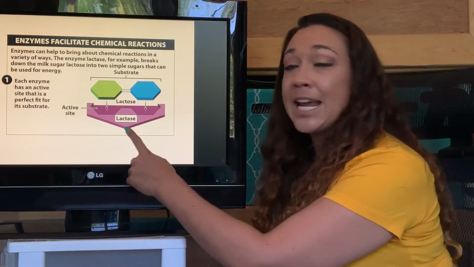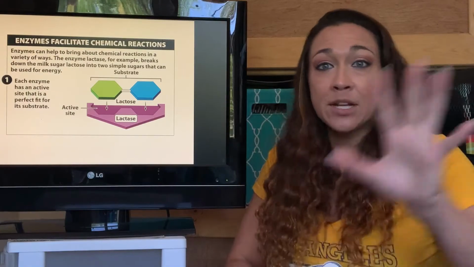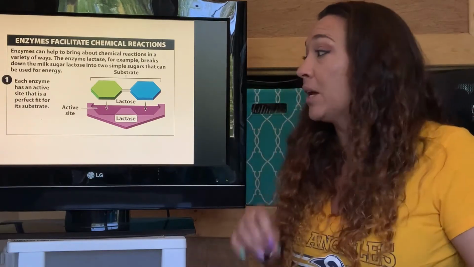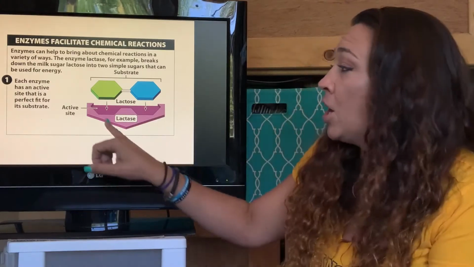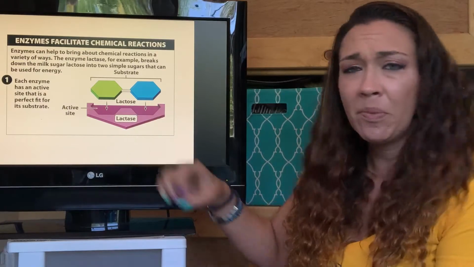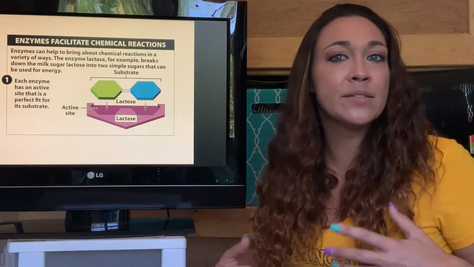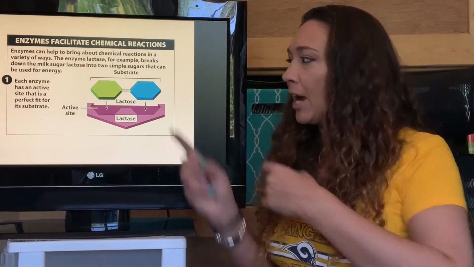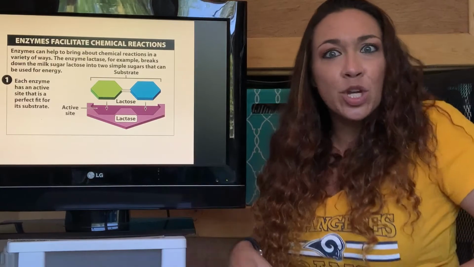Okay, so the lactase, again, is going to be used to break down lactose. You can't break down anything else. It only can break down lactose because lactose is the only thing that actually fits inside lactase. So this is our enzyme, and this is what's known as the active site. The active site is where the enzyme gets activated once something is there. The lactose right here is going to fit perfectly inside the lactase, and that's going to activate the